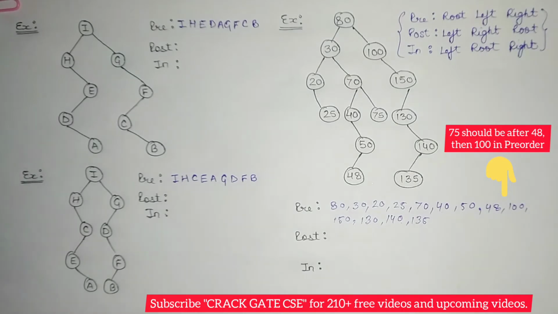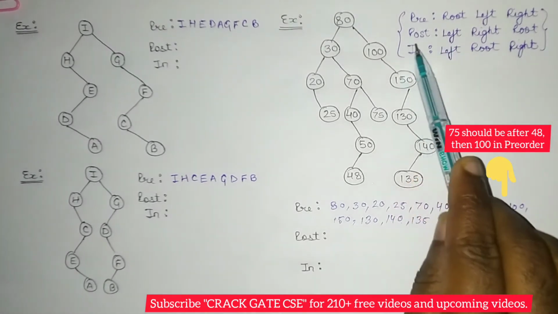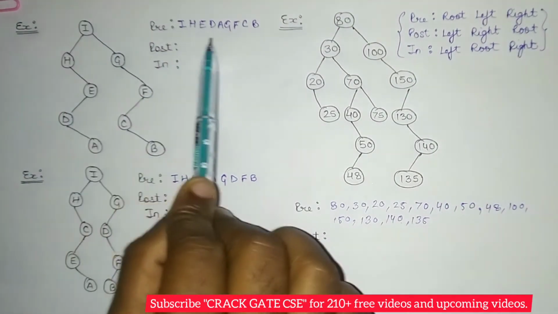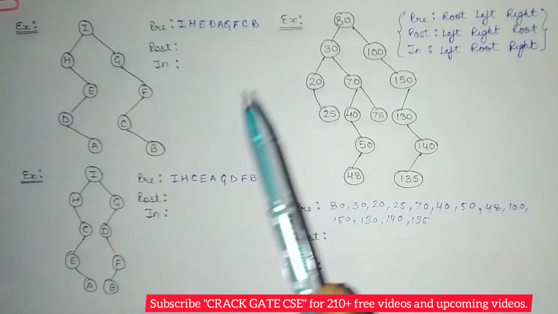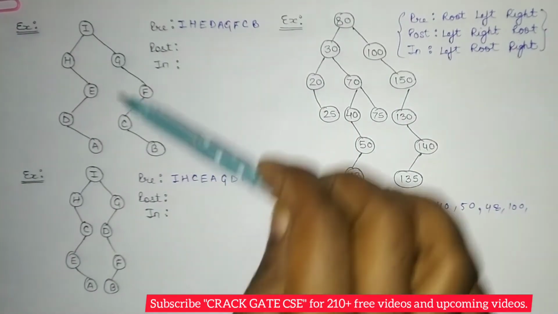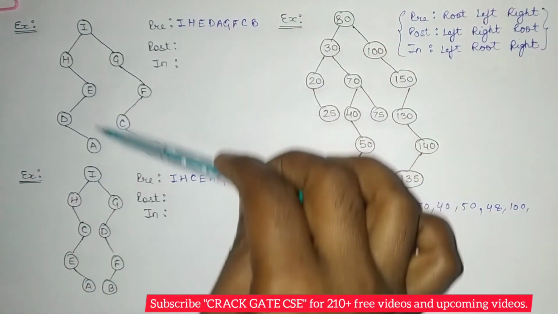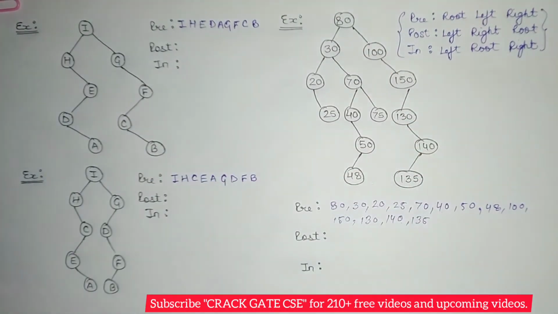Now understand the post order. Similarly you can write down the post order as well, because in post order also we have to print at the end. In the pre-order we were going to a root and printing it, but in the post order we will be printing the root at the end. What does it mean? Once you visit the leaf node, then we'll start printing the nodes.